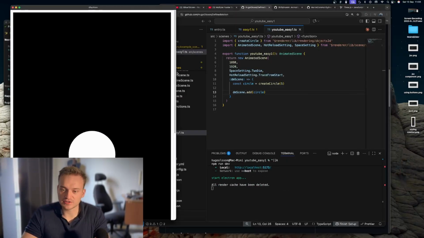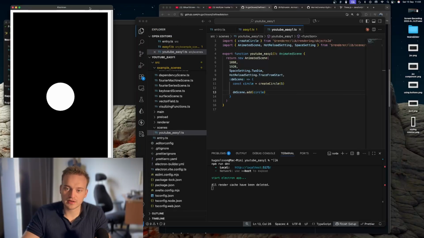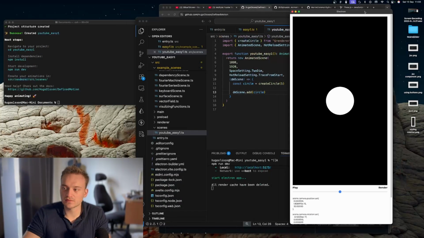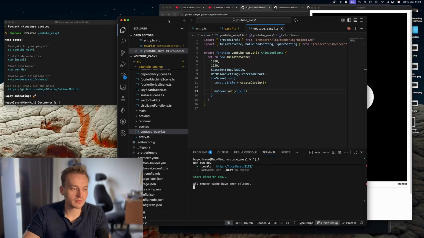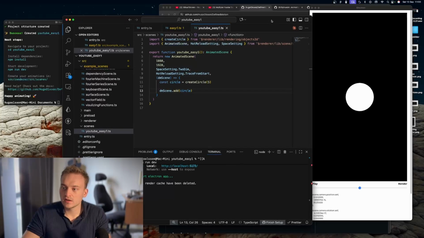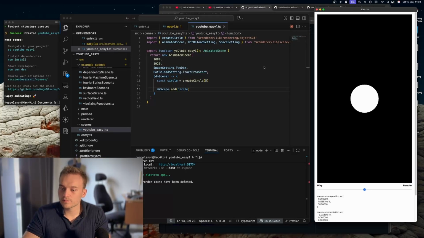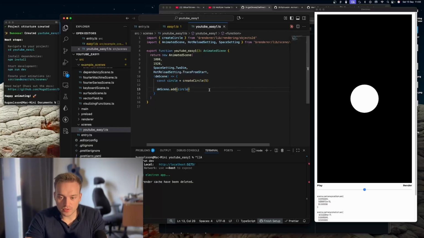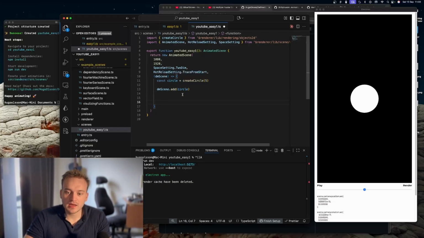I restarted the application to give it, let's see, so you can see it. You need to have it like here, maybe. You also should see the code, maybe like that. So here we have our circle, and we wanted to animate back and forth. So we want to create an animation, and